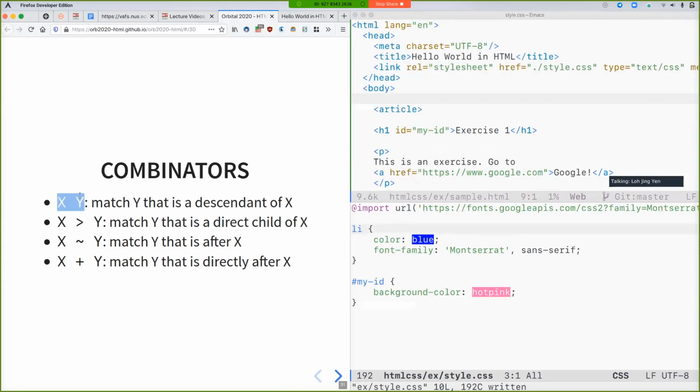So this X followed by a space and then Y allows you to select Ys that are descendants of X. So as an example,